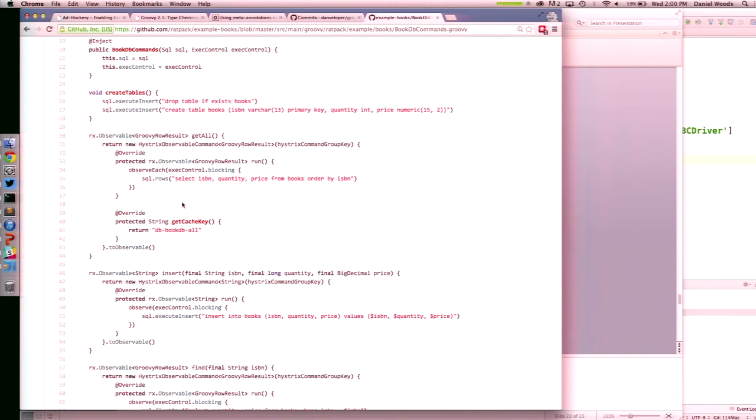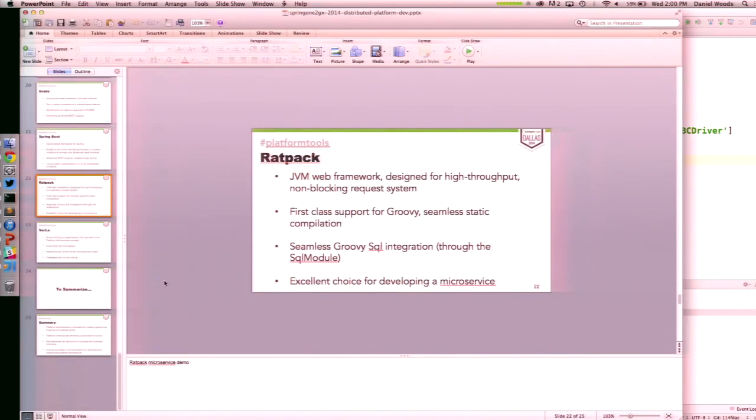So we also have great integration with Netflix open source technologies in Ratpack. And he's able to run all these commands based solely around the Groovy SQL support. That's pretty cool. This is a great resource if you're interested in Ratpack, and I would definitely encourage you to look at that.